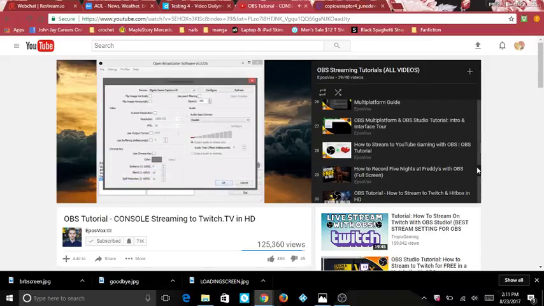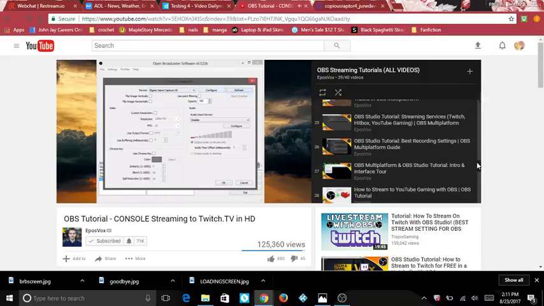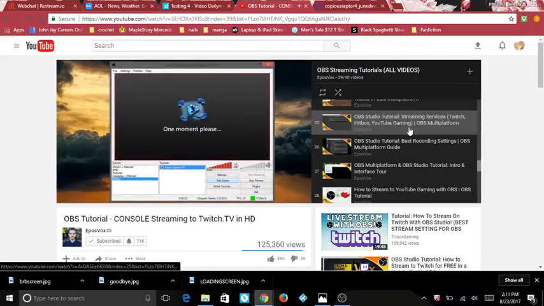However, if you have an Elgato, I did some testing and I could not get the Elgato Game Capture HD to work. I loaded it up, I did everything as I could, and all I got was this preview window that said no